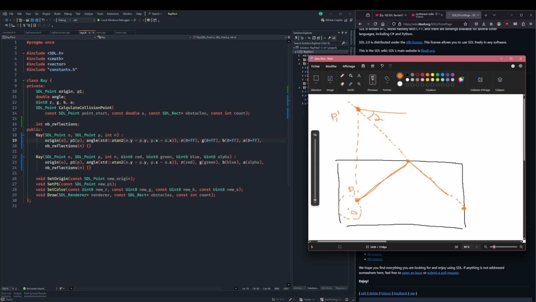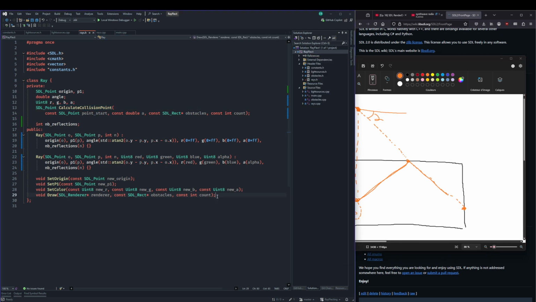Which, as I said, is just calculate collision point. And once we have this point, we're gonna do another reflection if we need to, but basically